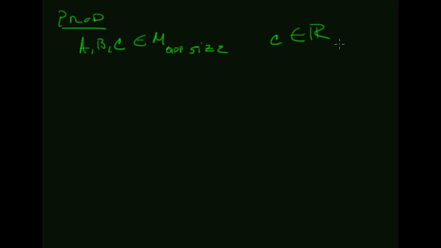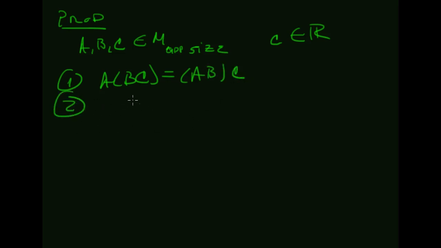Okay, so we're going to get into some properties for matrix multiplication here. We're going to let A, B, and C be matrices of the appropriate size. This is somewhat arbitrary. It's just they're going to be of the right sizes to make things work for the properties, and C is going to be a scalar. So number 1, the matrix A times the matrix BC is AB times C,